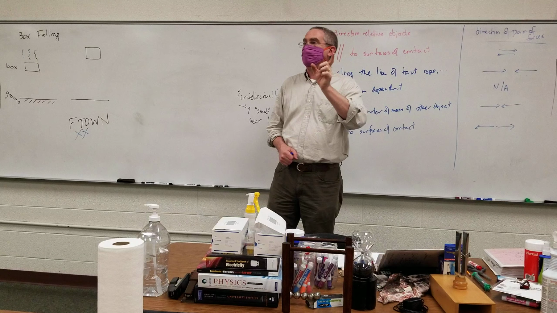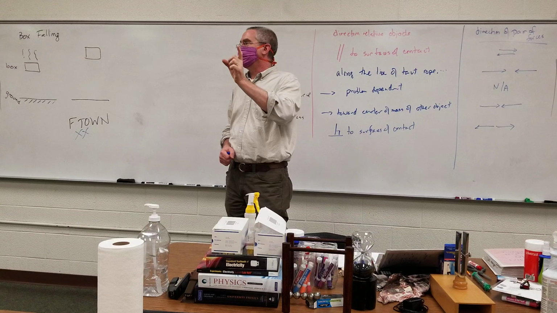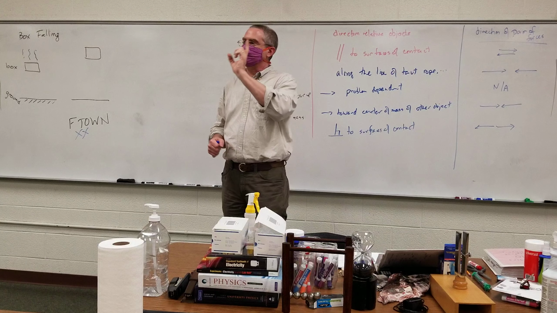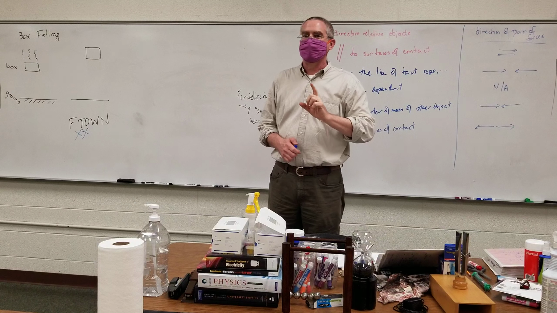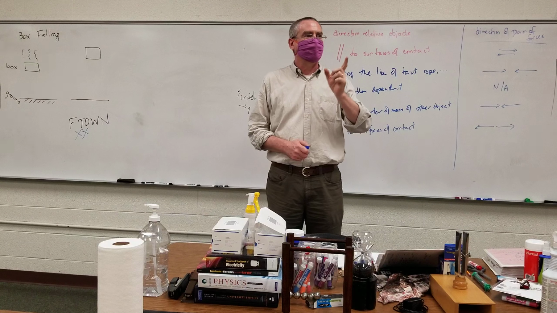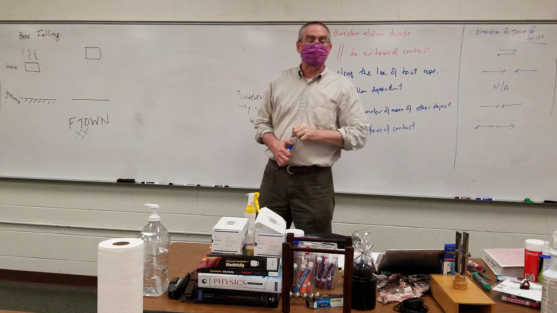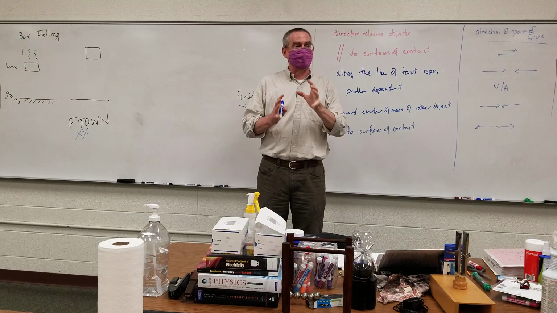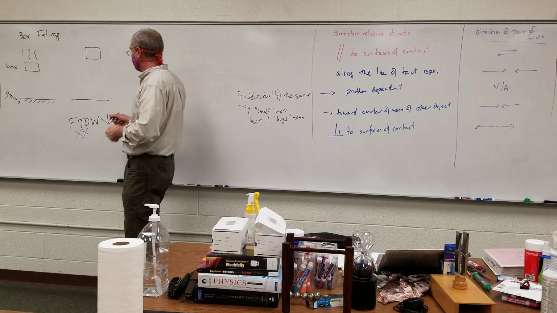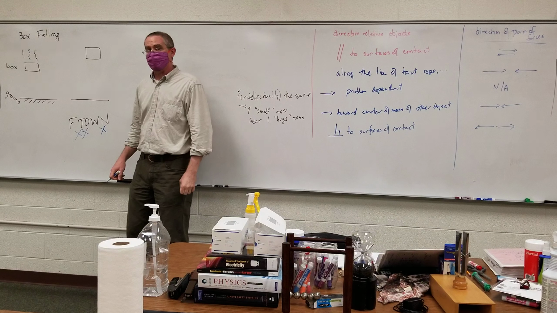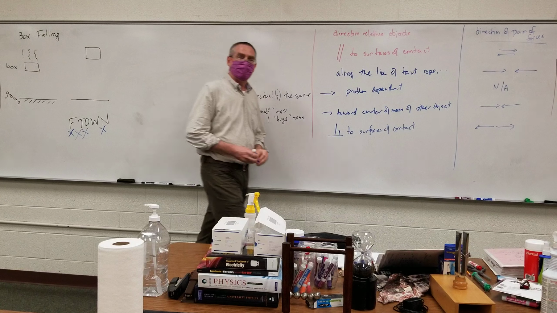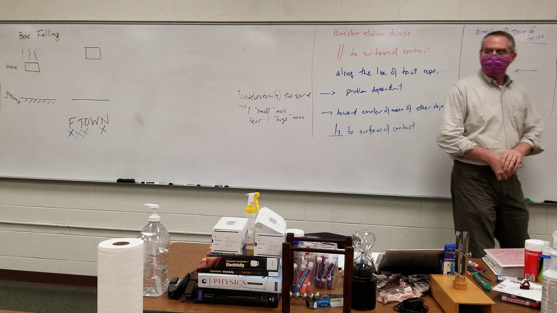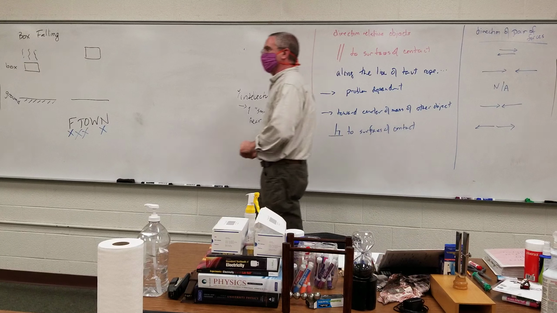What's the requirement for normal force to exist? Needs contact. Yes. It's not just whether something's near it or not, it's whether something is touching it or not. The box is not touching the ground, so normal force is gone. Likewise, there's no contact, so friction is gone. So now we're back to what